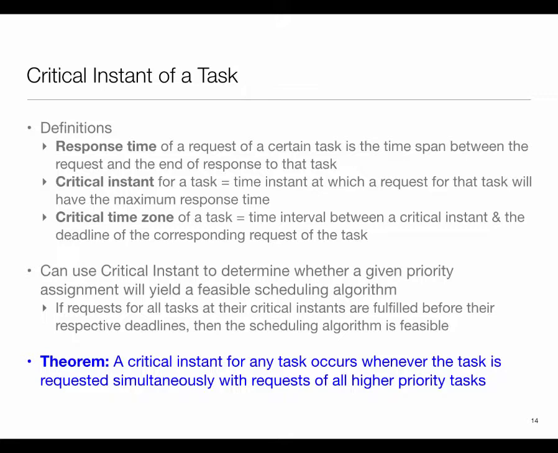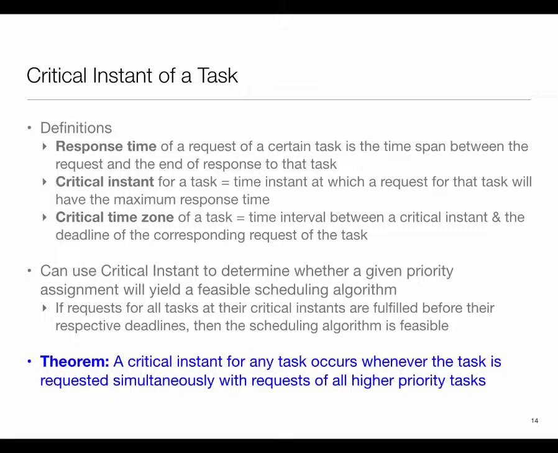So what this is saying is that if I can prove that a task does not miss its deadline when it comes at its critical instant, and I show it for every task in my system, then I have shown schedulability. So a strategy for showing a system is schedulable for a given assignment of priorities is, I take the highest priority task, and check whether, for the highest priority, since there is nothing else, all I need to check is that C should be less than T, which is obvious.